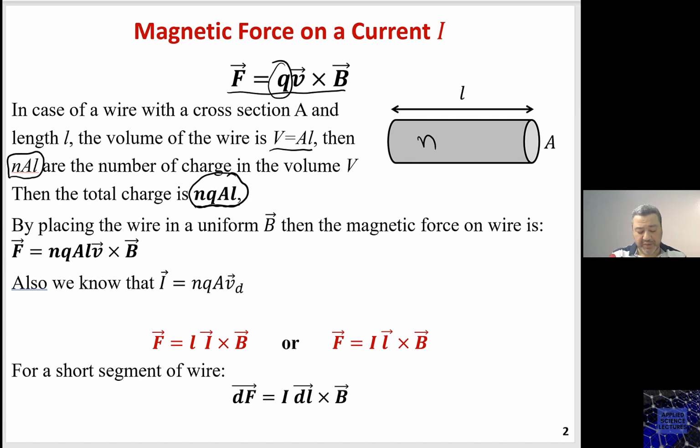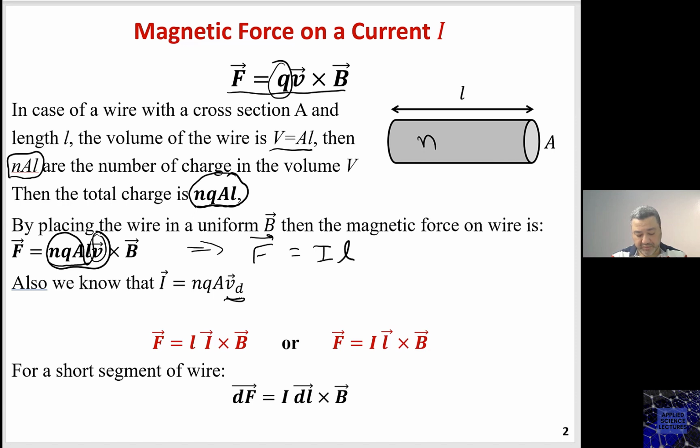Then my expression for the Lorentz force would be F equals nqAL V cross B. And if you recall from a previous lecture, we defined that the current equals nqA times the drift velocity. So now I can write this in terms of my current, as F equals, where nVAq is I. So I have I,